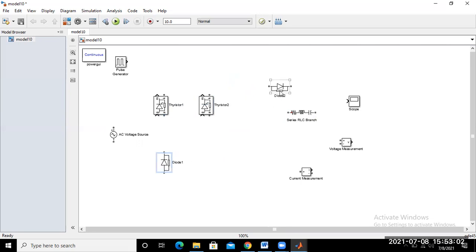Now drag this diode from this point to this point, and again press Ctrl R to rotate it. Now you can connect this SCR and diode from this point to this point, and from this point to this point.